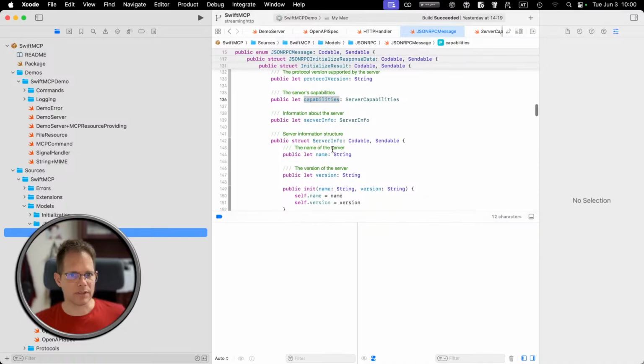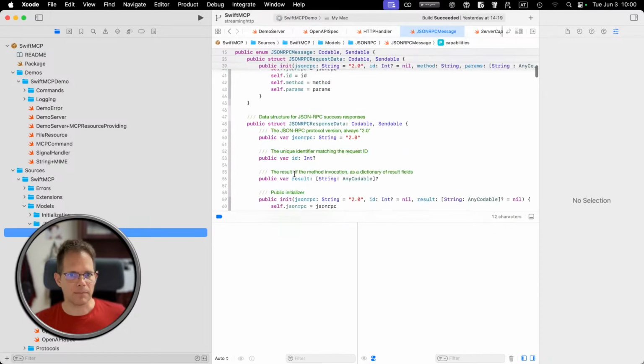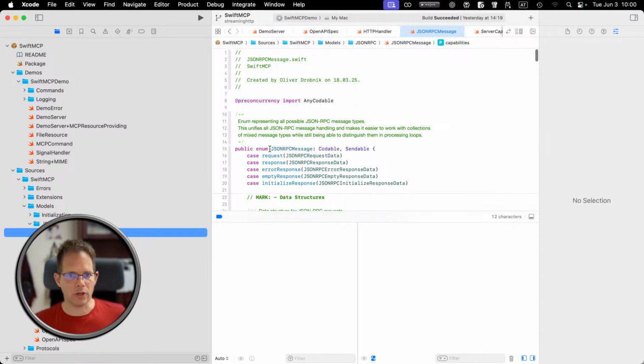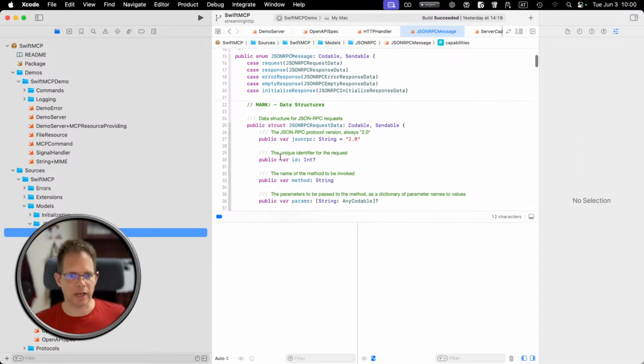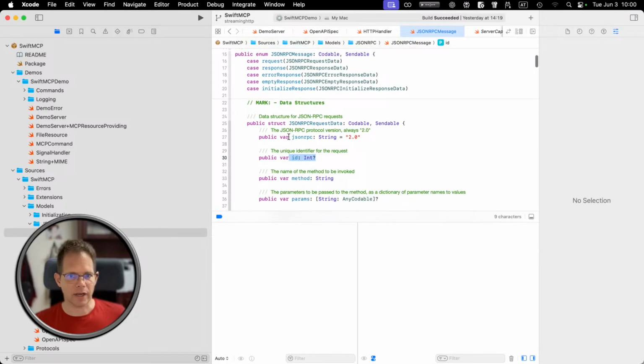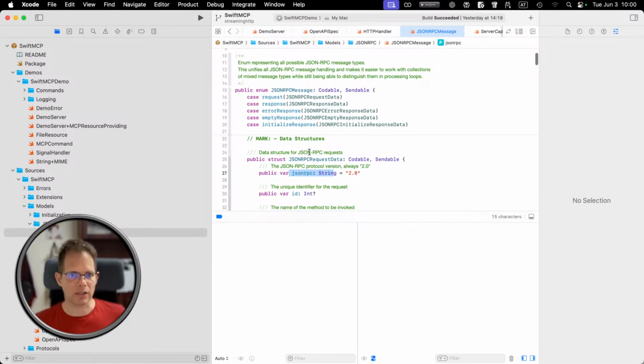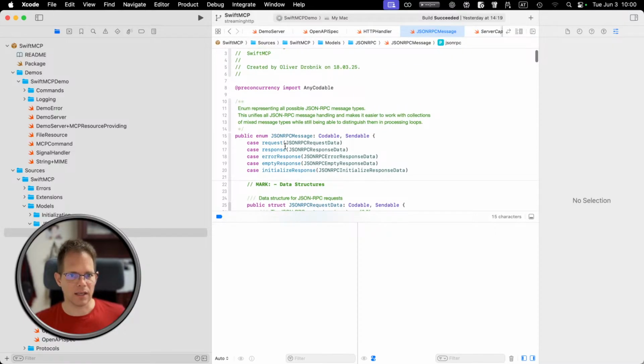Previously I had a protocol JSON RPC message that had only identifier and JSON RPC, so that I could have multiple different ones in an array, but it turned out that there's a problem with that. And the problem being,